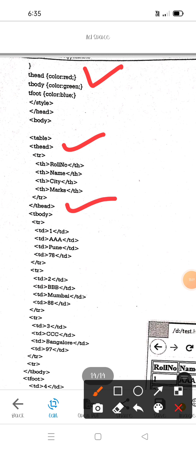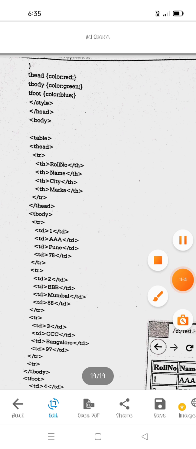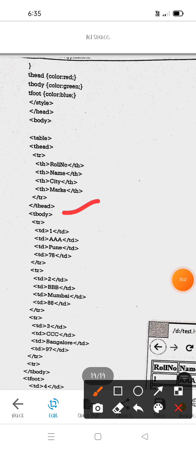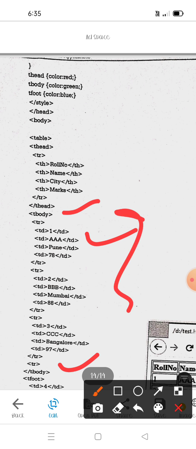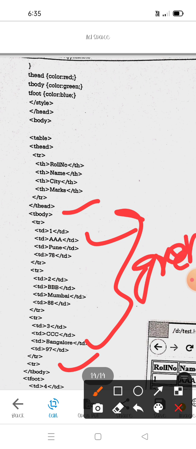Within the thead tag we are giving the first row, that is the table header. Then next, within the tbody, we are giving 3 rows, that is roll number 1, 2, 3 between the tbody. So this is displayed in green color, and this is displayed as a red color.